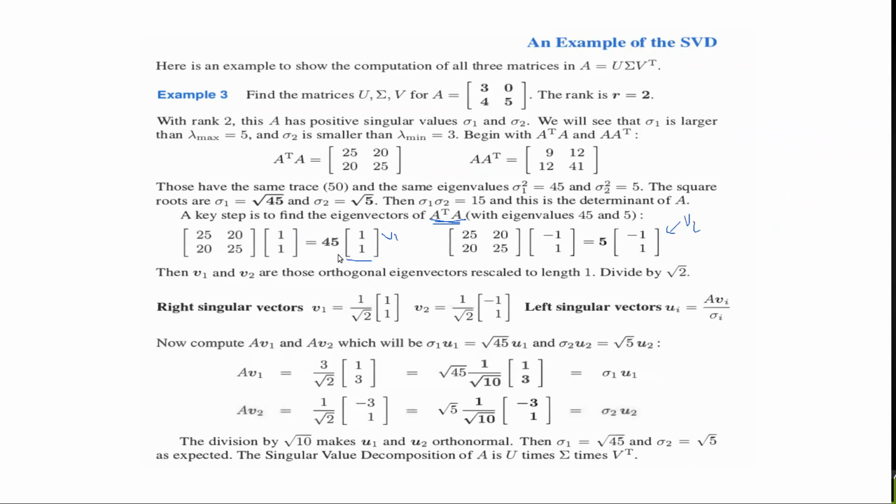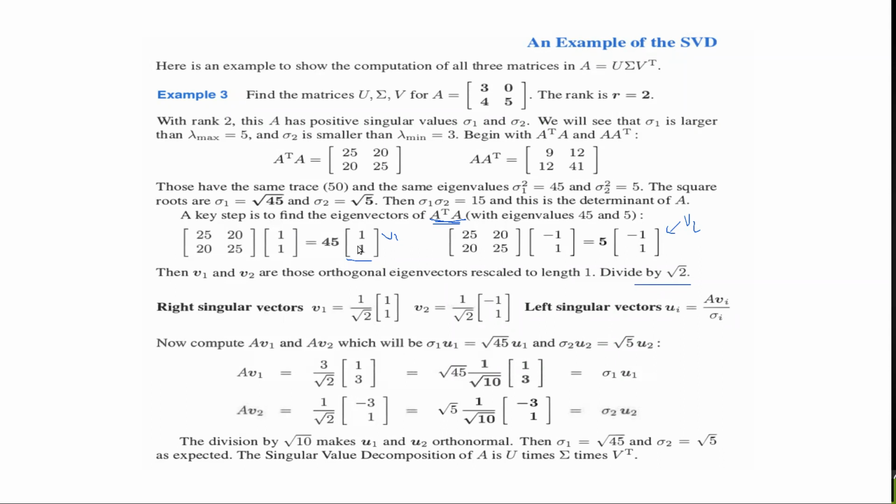This is related to the first eigenvalue, and this is related to the second eigenvalue. And these are not unit